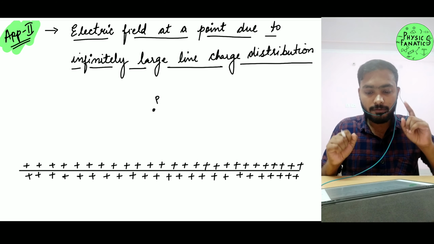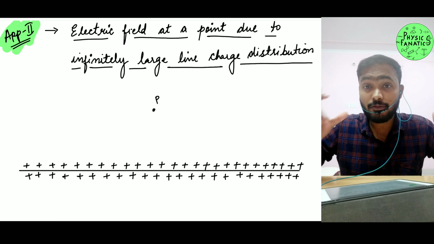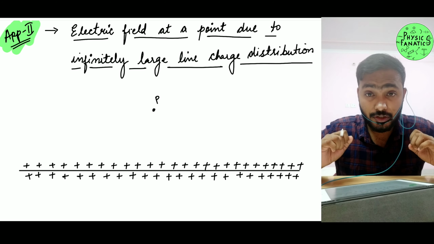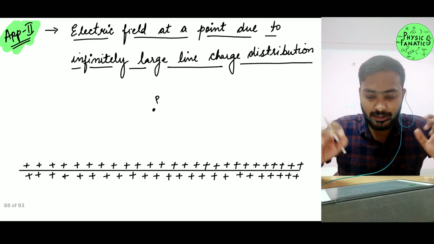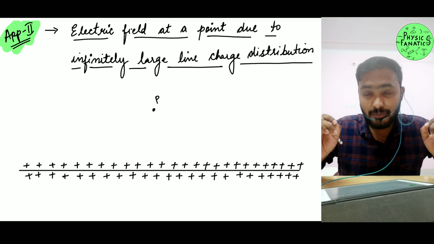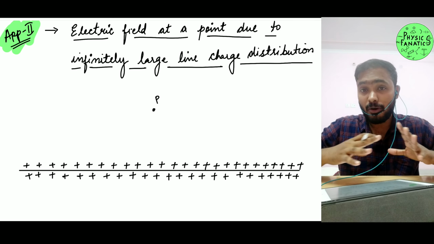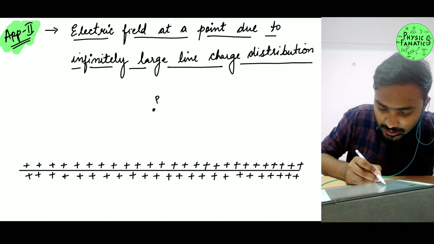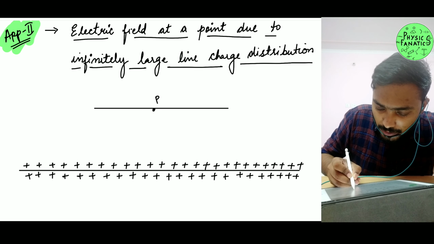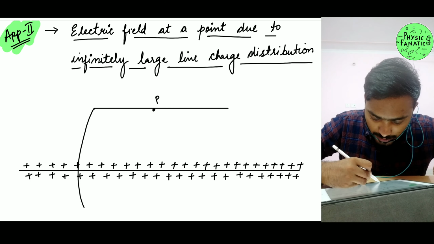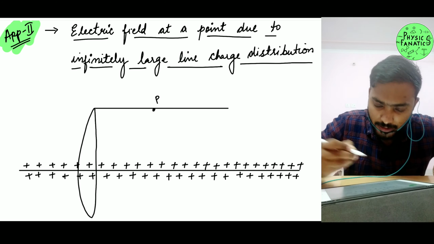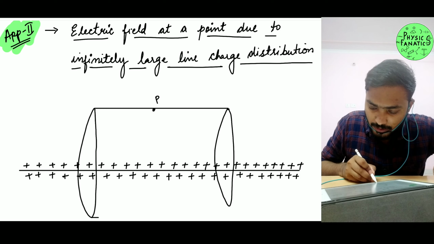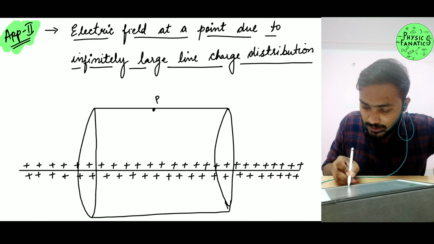First it should be a closed surface. That means I have to make a 3D figure. So we have to see what figure I should choose. The best that I can come up with is a cylinder, because a cylinder will cover all of my charge. So I'm going to make a cylinder here such that it takes my point P inside the Gaussian surface. I have made a finite cylinder, not an infinite cylinder.